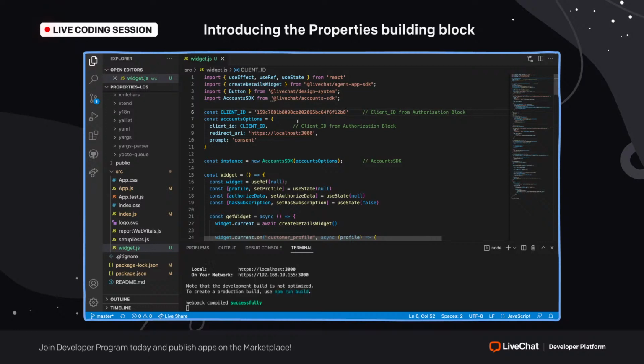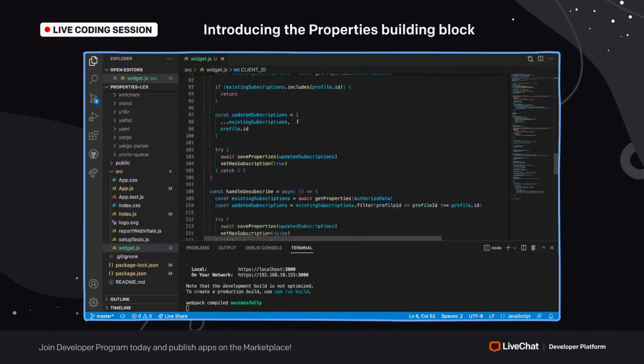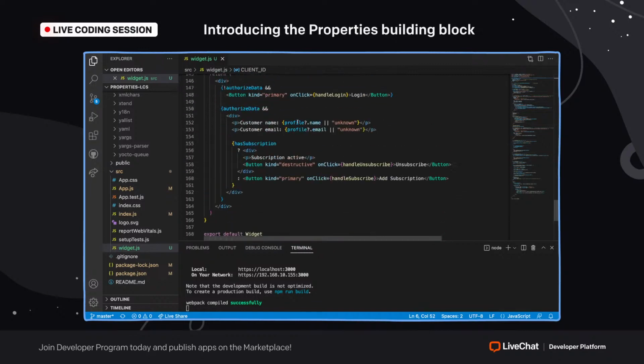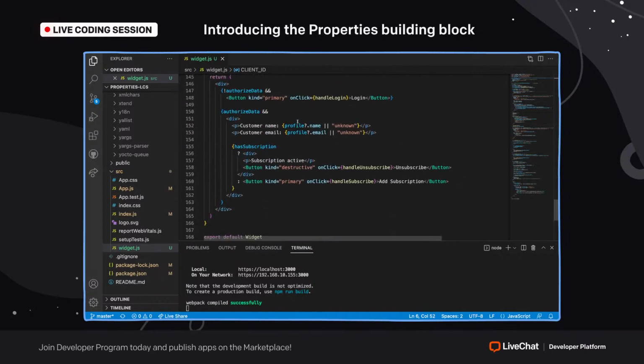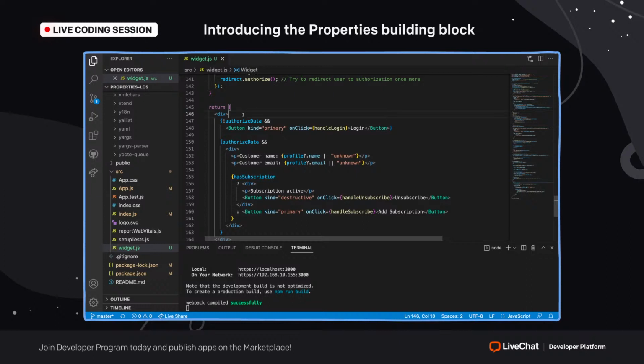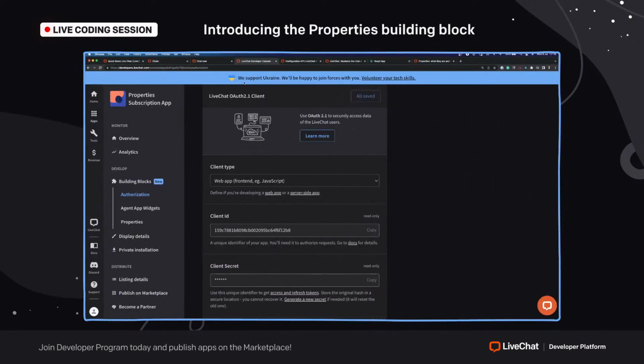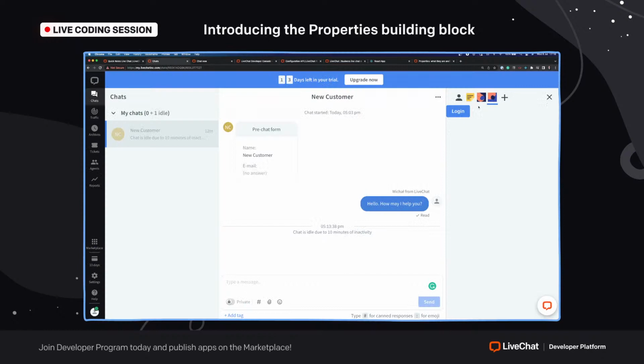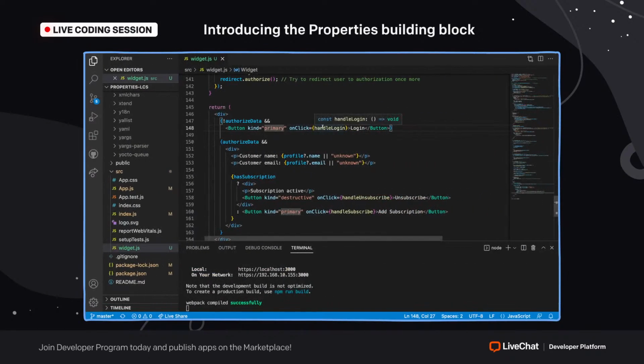Okay, and save it. And then let's start with, here's the whole code of the application. We will walk through it, but let's start with how it loads on the agent side. First of all, we check if there is any authorized data. Initially, when you load the app, there is no authorized data set. So we are loading the login button. It's what you saw right here. The login button is here because we didn't log into the app yet. And